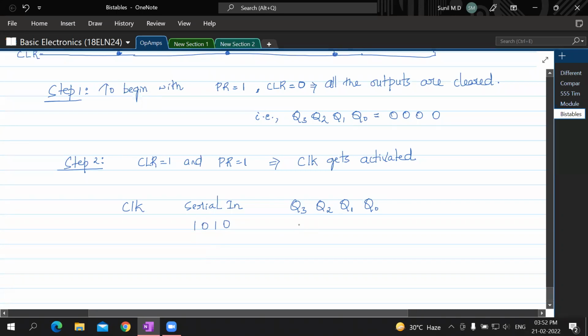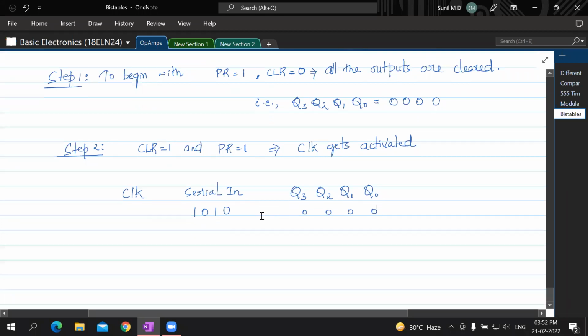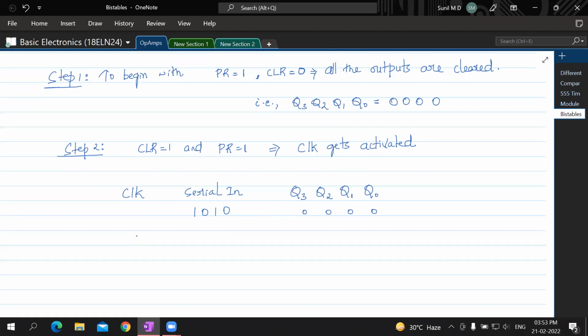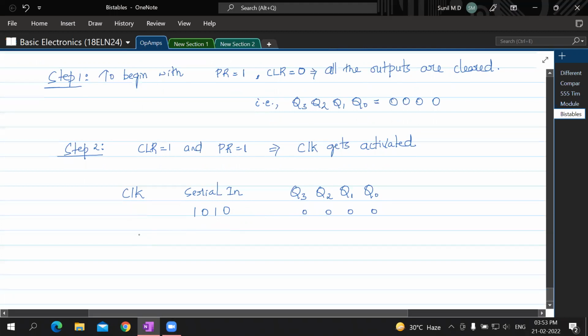Understand? Now there is 0. Let's write this clearly, zeros a little smaller: 0, 0, 0, 0. So this is how things are to begin with. Now, when there is the first negative clock cycle, everybody understand this? When there is the first negative clock cycle,